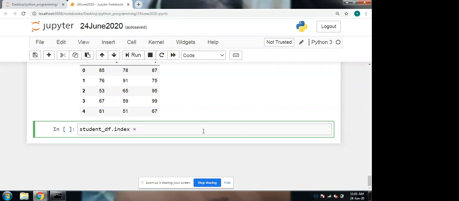Student names I am giving in place of the index, Ravi. I'm giving the list of names. Like this, I'm taking 5 names in the list so that the index positions can be updated in the data frame.